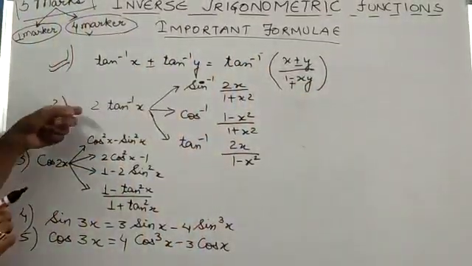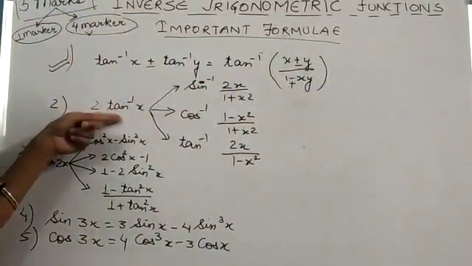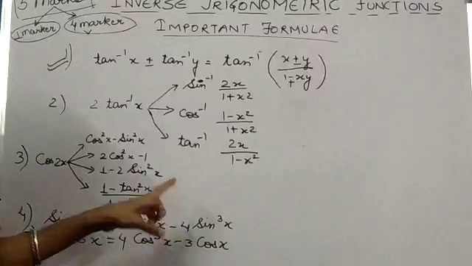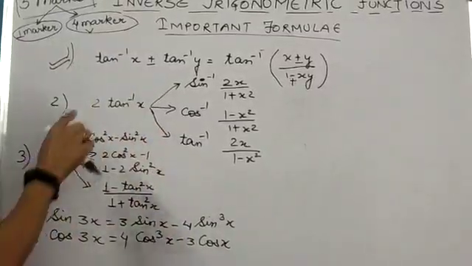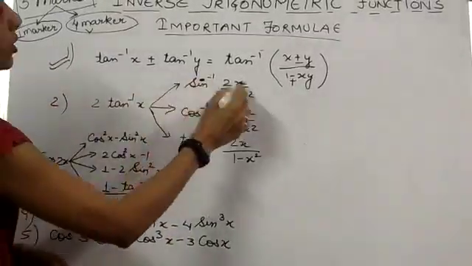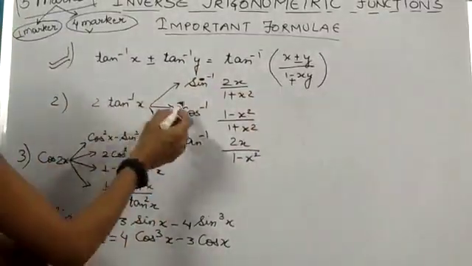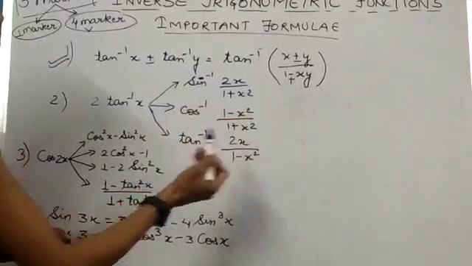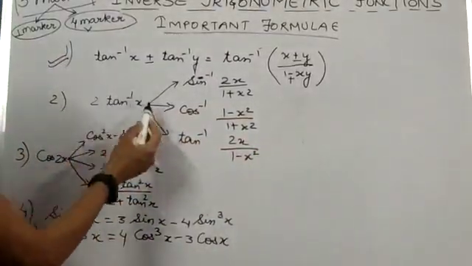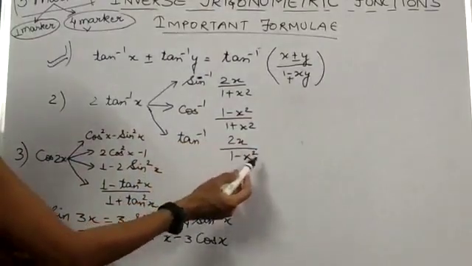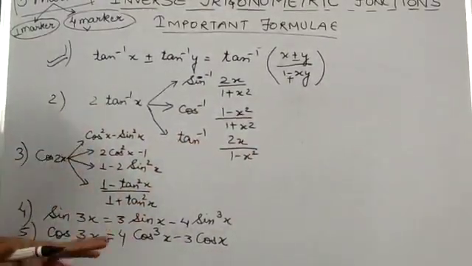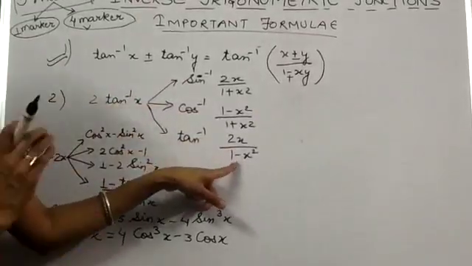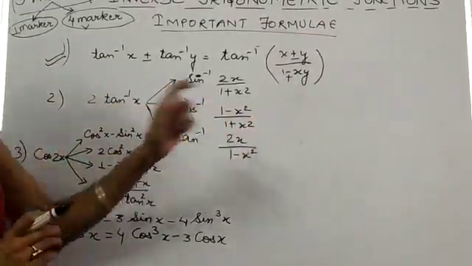Now, we have three formulae for 2 tan inverse x. Whichever form is required, you have to apply that form. 2 tan inverse x is sine inverse 2x upon 1 plus x square. 2 tan inverse x is also cos inverse 1 minus x square upon 1 plus x square. 2 tan inverse x is also tan inverse 2x upon 1 minus x square. You can easily remember it: tan inverse x will take the negative value itself, otherwise it will be positive for sine